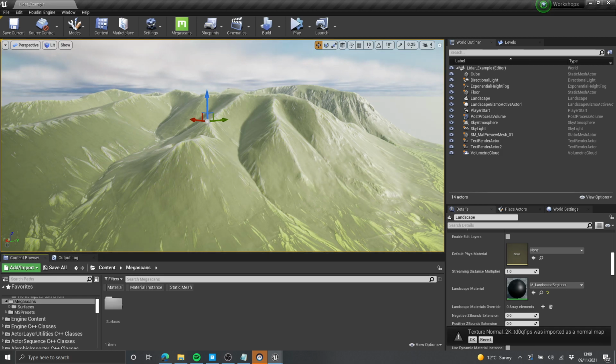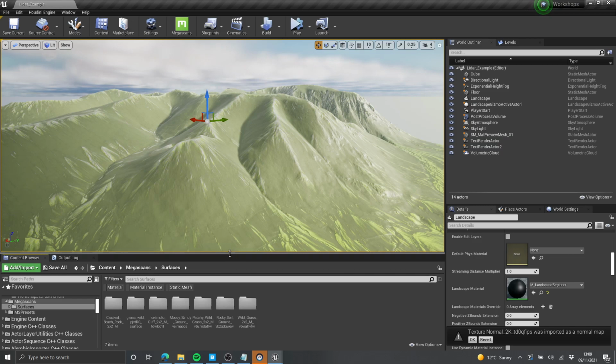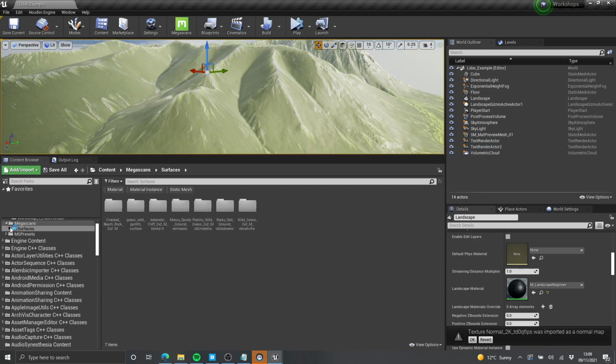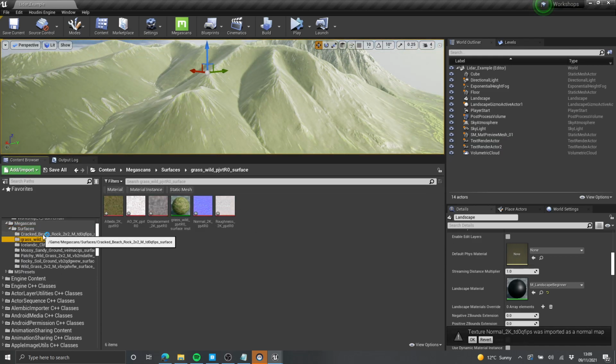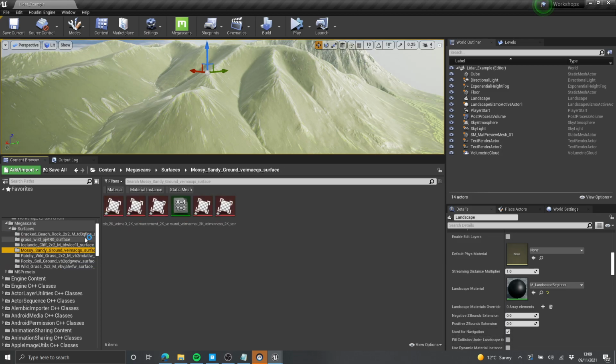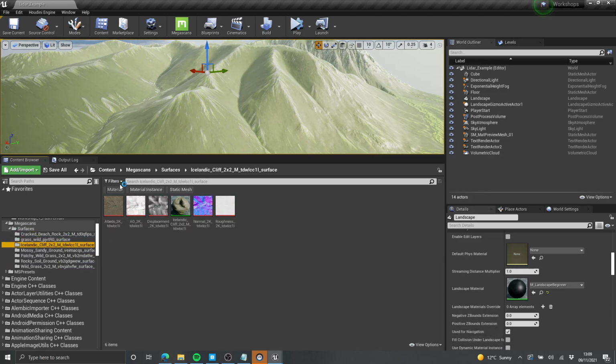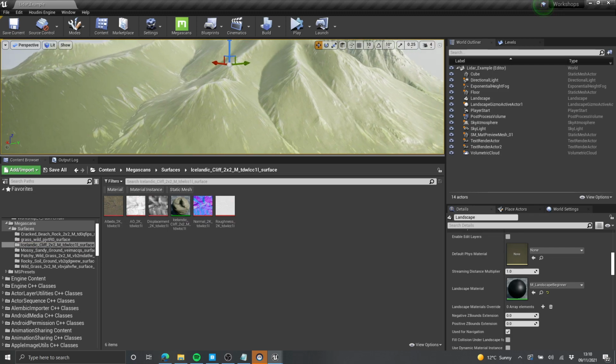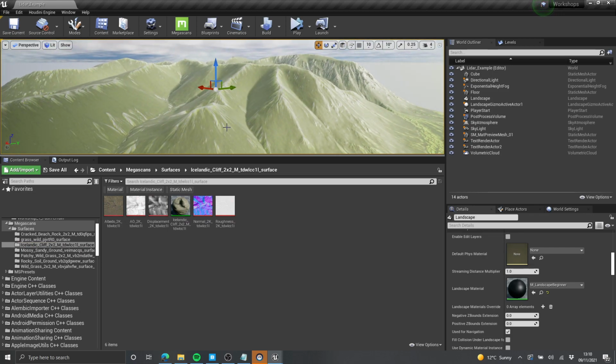And that works with the 3D props as well. So if you dive inside of this surfaces folder, you're going to see we've got all of those. It's a dead quick, really fast way to get some high quality textures onto your terrain or wherever else you want to use them. Now, I am going to add a little caveat to that, which is that terrain textures can